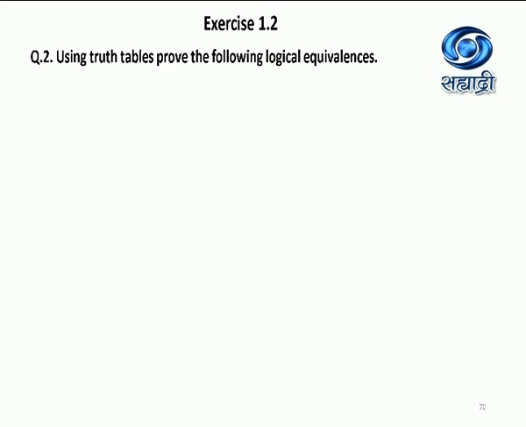Question 2. This question is very specific. In the examination, the question will be very specific. For example, in this case, using truth tables prove the following logical equivalence means what? You have to construct the truth table and use the corresponding columns to prove the equivalence. Whereas in the other remaining sessions, we will see the same equivalence can be proved without using the truth table. So in that case, the question will be prove the following equivalence without using the truth table. So my suggestion is, whenever you read the question, please read it carefully and then answer the question.